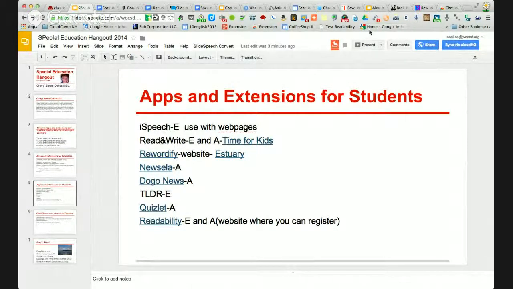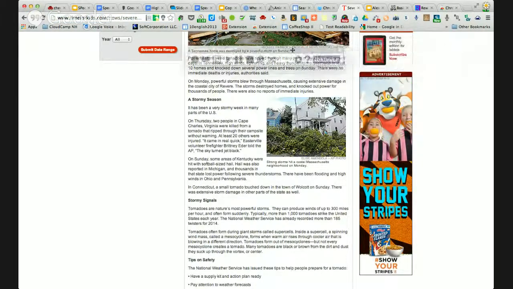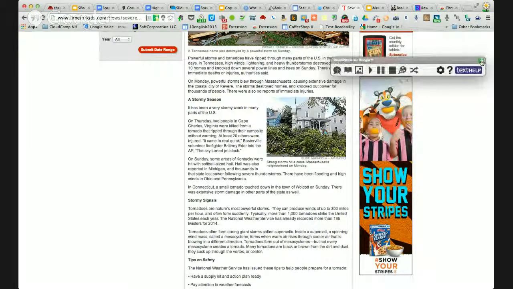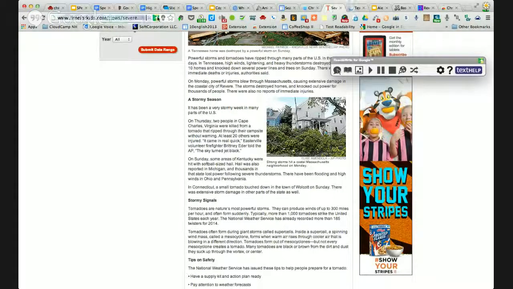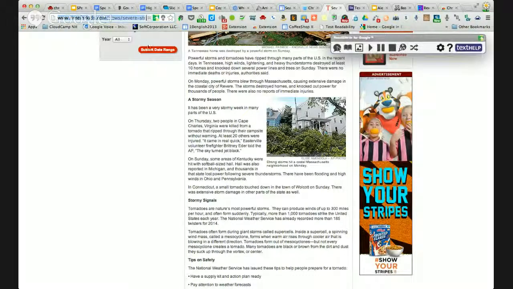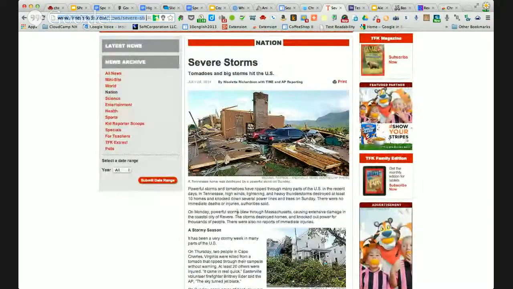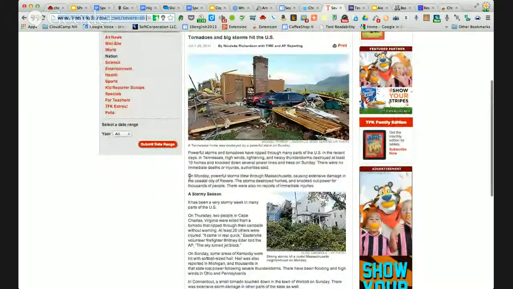The first extension is a great one for students, and I'm going to open up a web page, and I'm going to look for iSpeech. So I'm going to go to Time for Kids. I want to get rid of my read write. Oh, not getting rid of it. Can I get rid of it there? There. So I double-clicked on the read write app, and it came back. What I'm looking for is a way to help me read this article in Time for Kids. So I'm going to highlight a bit,